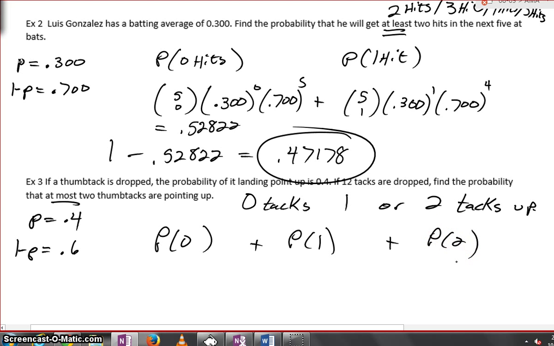Here, the backdoor approach really wouldn't be so helpful, would it? The backdoor approach would be way more cases, like 3, 4, 5, all the way up to 12. And guys, all you have to do here is just finish that up, and I hope that's not too bad. Let's write out the binomial theorem for each of these. What do you think it would be? How many trials do we have? 12. So 12 choose